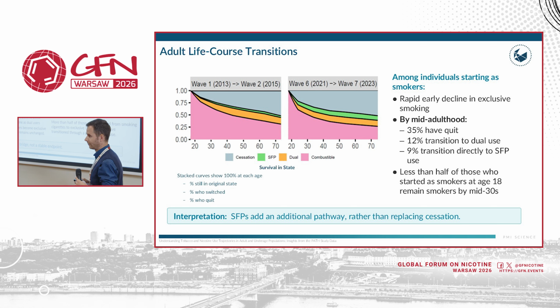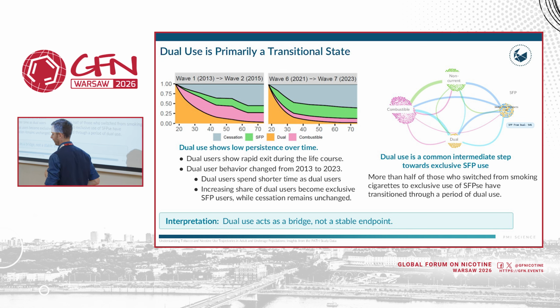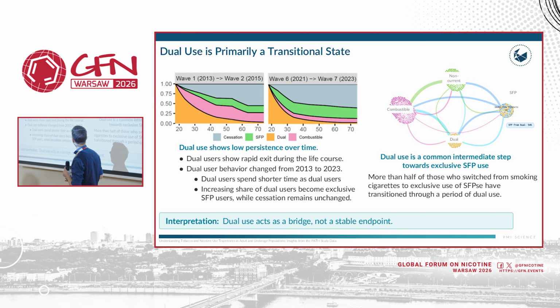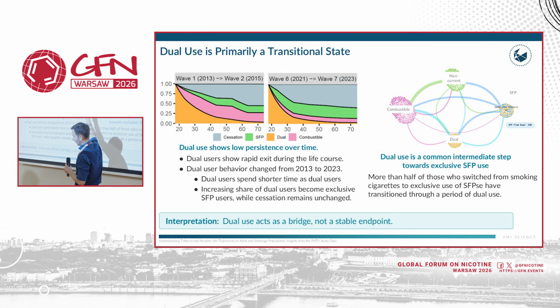So now moving on using a similar diagram. That was a typical 18-year-old smoker following their decisions across their life course. So what happens with a typical 18-year-old dual user? What we see, obviously, even in 2013, is that there is basically nobody who stays a dual user for their whole life. There's a very, very low chance of that happening. This is even more apparent in the latest wave. Well, 1–2% of people are expected to stay dual users across their life course.